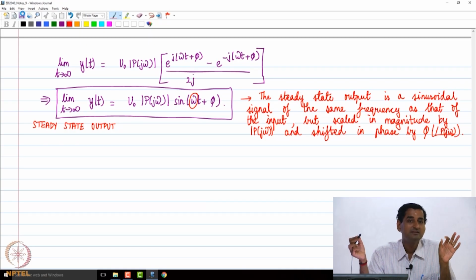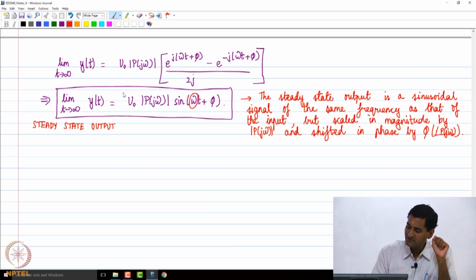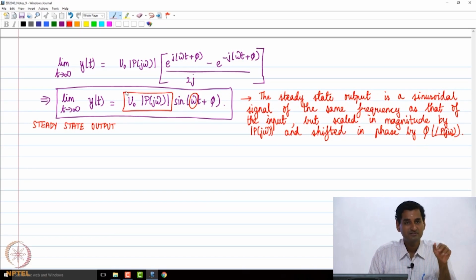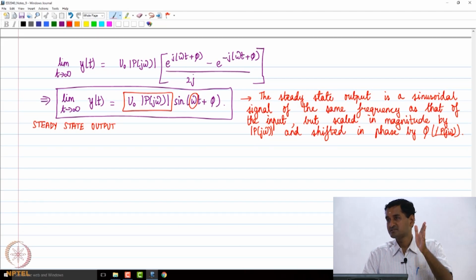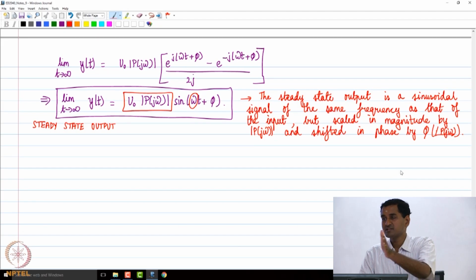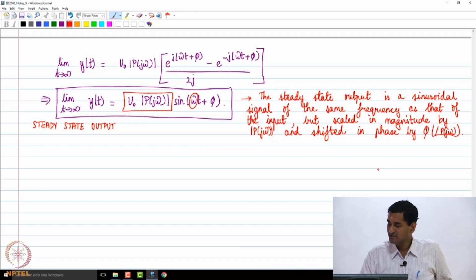However, the steady state output is scaled in magnitude by P of j omega. Why? Because the magnitude of the steady state output is going to be u naught times the magnitude of P of j omega. u naught was the magnitude of the input signal. So, the magnitude of P of j omega is the scaling factor as far as the steady state output magnitude is concerned, and the steady state output is shifted in phase by phi, because phi is the phase of P of j omega. So, the steady state output is shifted from the input sinusoid by a phase of phi. That is what we have, and this is a property